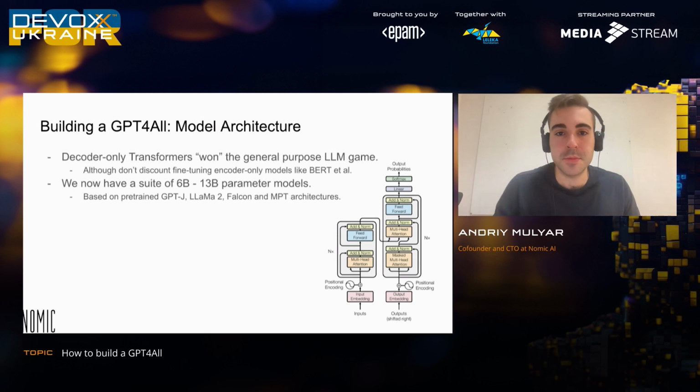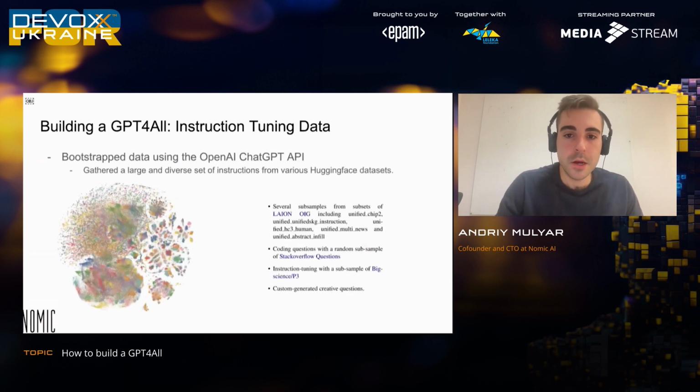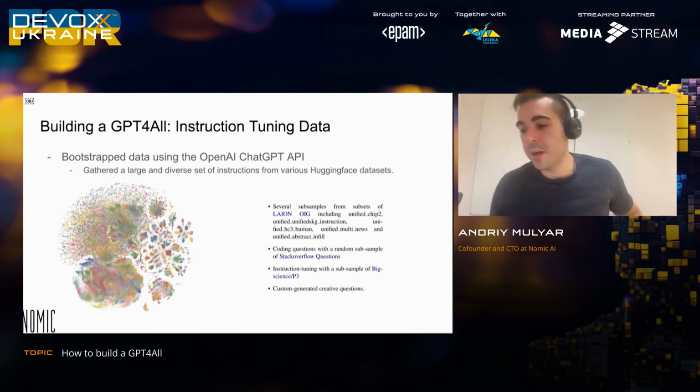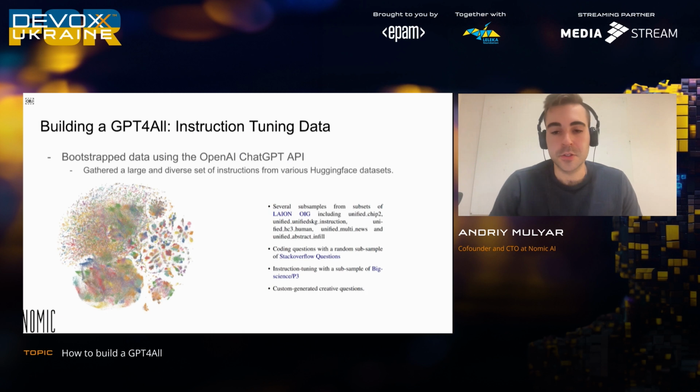So the first ingredient to making your own local large language model is you want to use a transformer decoder. Don't go thinking about anything else. The other one is instruction tuning data. If you go right now to a platform like Hugging Face, you'll see hundreds, actually thousands, of local large language models that you can run. They have been trained in various ways and instilled with various biases throughout their training. And these models all share one thing in common: the type of data that they're trained on. They're obviously trained on different sets of training data.